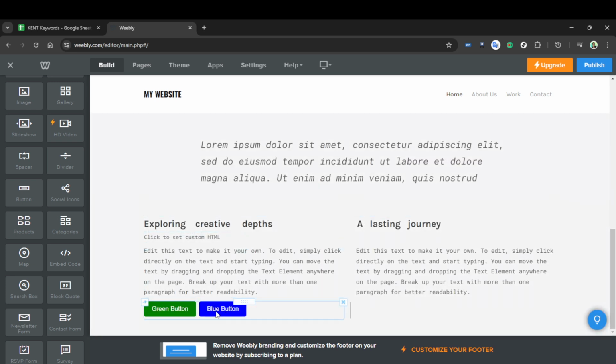Congratulations on successfully adding custom HTML to your Weebly site. With this newfound skill, you can enhance your